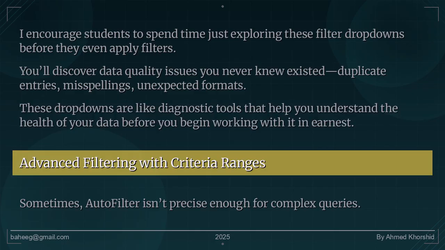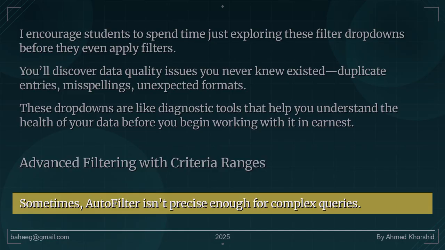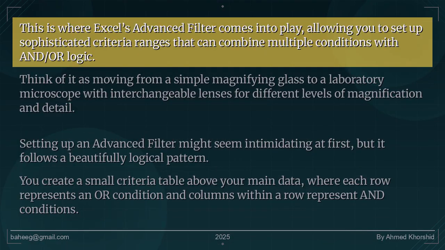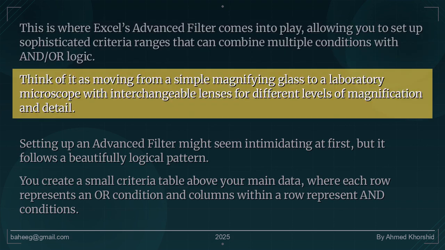Advanced filtering with criteria ranges. Sometimes, autofilter isn't precise enough for complex queries. This is where Excel's advanced filter comes into play, allowing you to set up sophisticated criteria ranges that can combine multiple conditions with an OR logic. Think of it as moving from a simple magnifying glass to a laboratory microscope with interchangeable lenses for different levels